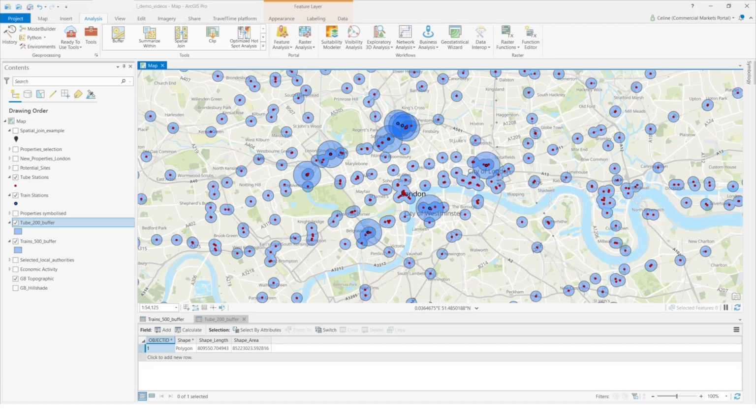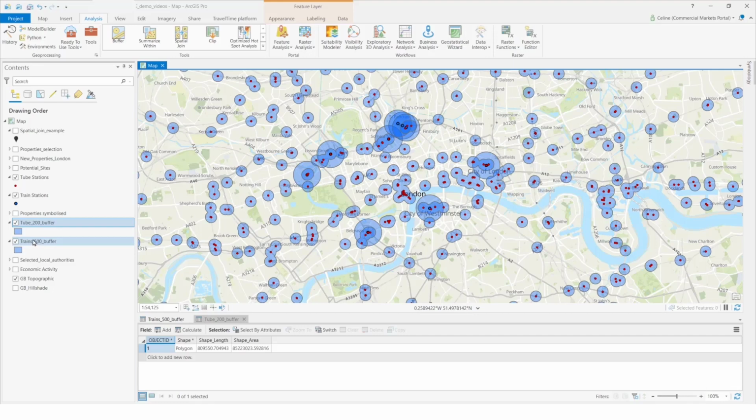So now that we've created both a layer of areas that fall within 200 meters of tube stations and also areas that fall within 500 meters of train stations, now might be a good time to introduce the union tool. So what this does is that it allows you to combine all input features and their attributes into one and the same output feature class or layer, essentially. So if we wanted to, say, create a layer that's basically transport buffers of areas that fall into either that buffer of the tube stations or that of the train stations, but have it in one layer, what we could